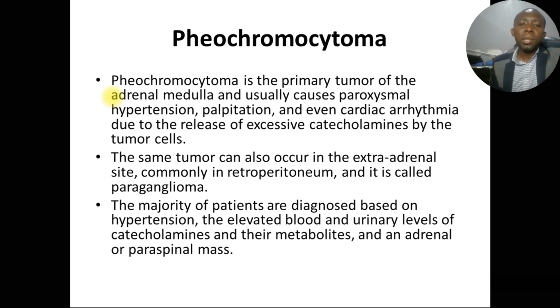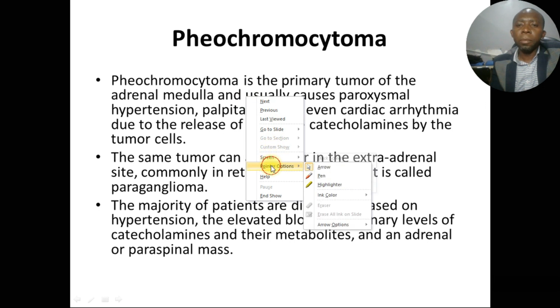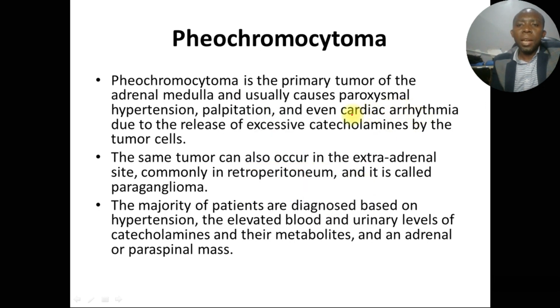So the tumors, what would cause, actually, if I'm talking about this briefly, we understand that the catecholamines are the ones which are responsible for hypertension and then palpitation and then cardiac arrhythmia. This will increase the heartbeat, increase the blood pressure, which will result into that. Actually, in many cases, when a pheochromocytoma is suspected, we don't actually go for FNA immediately, because you may realize